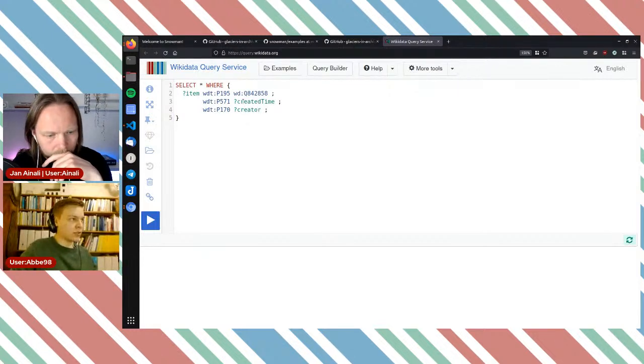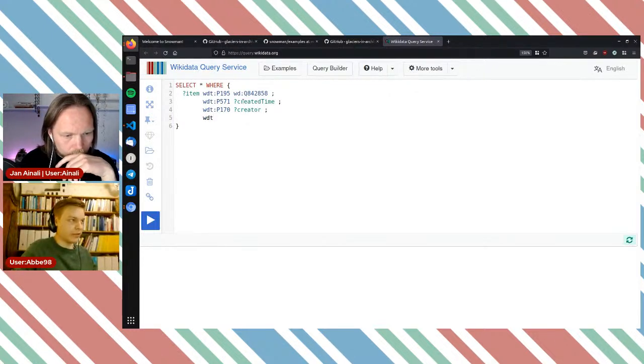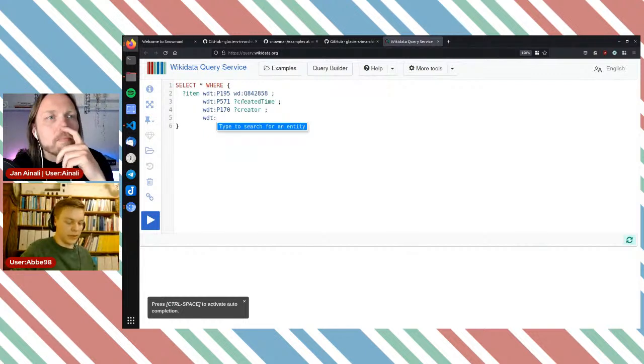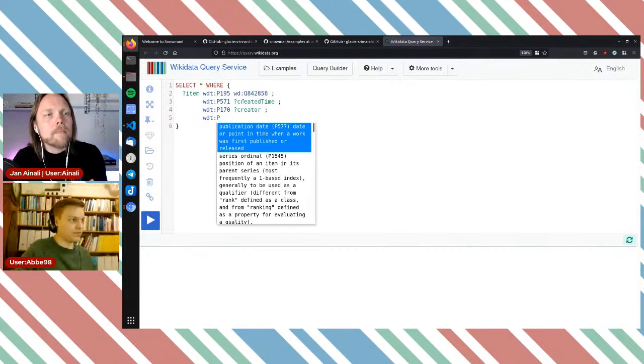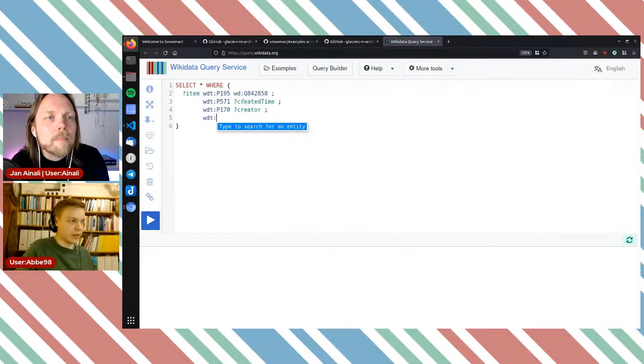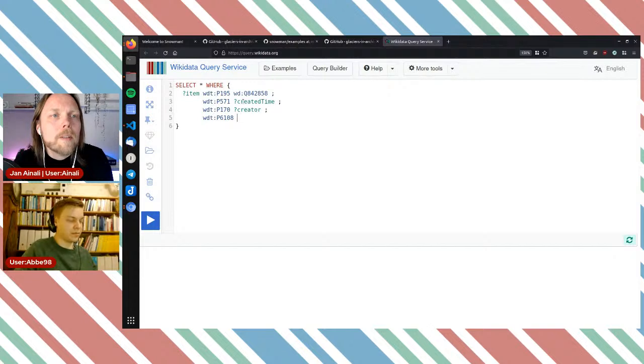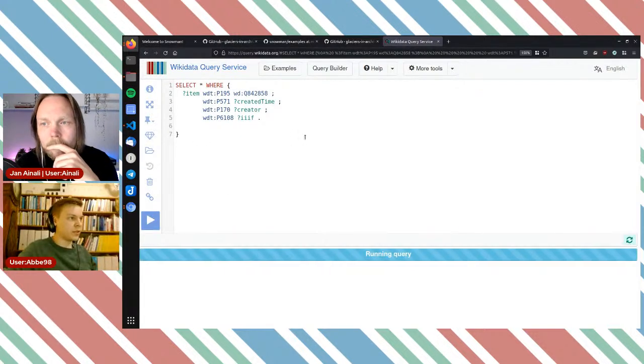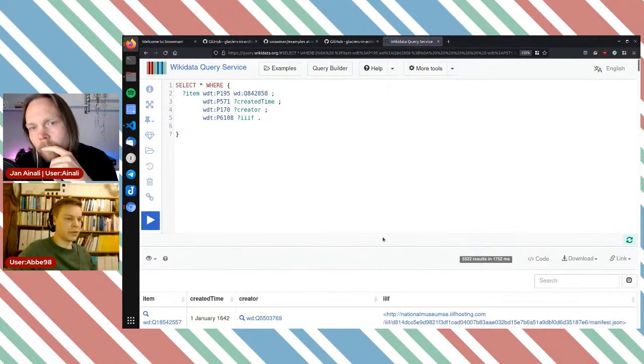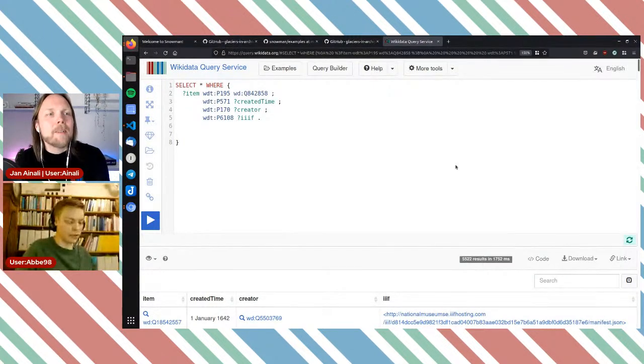Like that. And I also want to ensure they got an IIIF link to limit things even more. I don't know that in my head, IIIF manifest. I'm going to call that IIIF for now. Let's see what that returns. 5,000. Still a lot. Let's limit it still, just to speed things up later along the road.